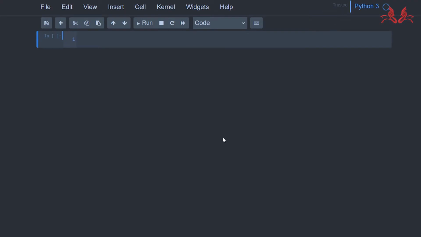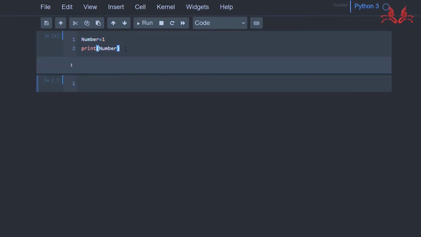Alright, how can we use variable in Python? For example, we assume a variable name number and the variable's value equals 1, and we print it and we press Shift plus Enter. Yeah, you can see computer outputs 1, correct, and we assume another variable,